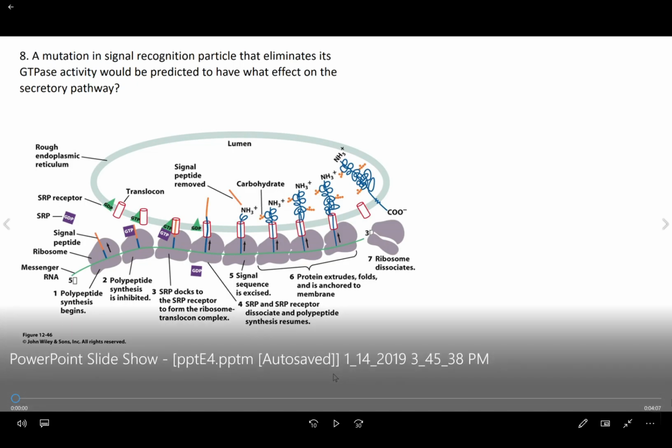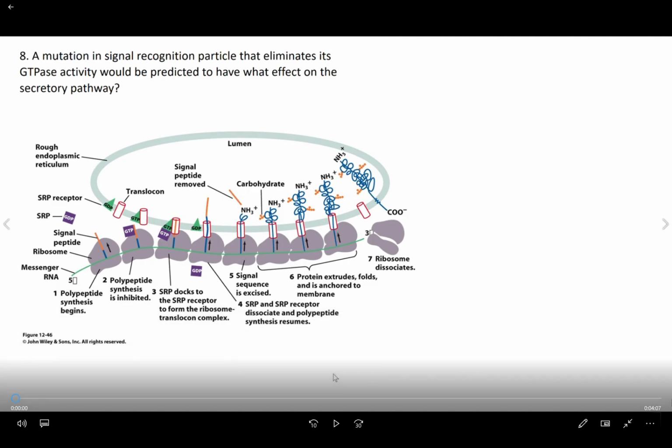All right, so question number 8: a mutation in the signal recognition particle that eliminates its GTPase activity would be predicted to have what effect on the secretory pathway? All right, so first things first, we need to figure out